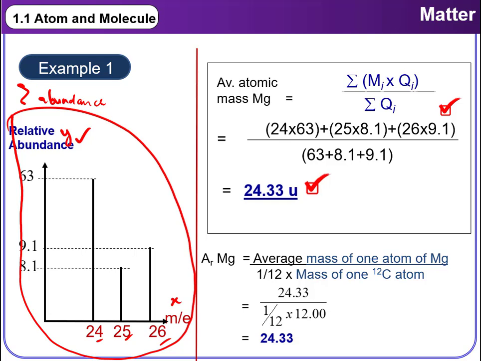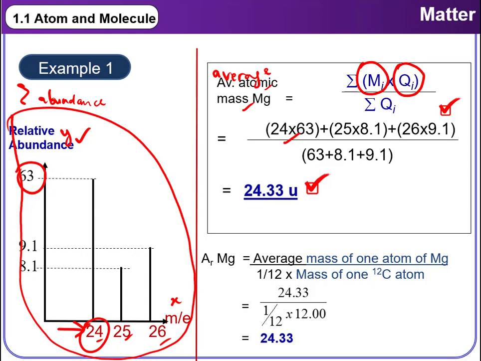Is there a symbol for average atomic mass? No symbol, so you have to write it completely. Average atomic mass of magnesium equals the sum of QM over the sum of Q. So, 24 times 63. Which mass is it? The mass on the x-axis. Q is the percent